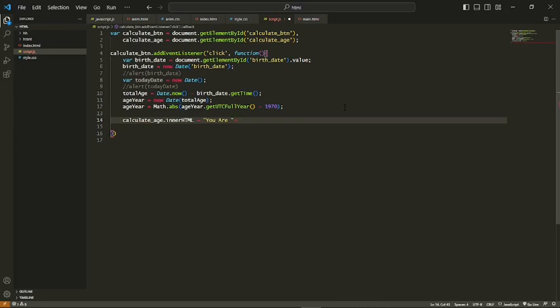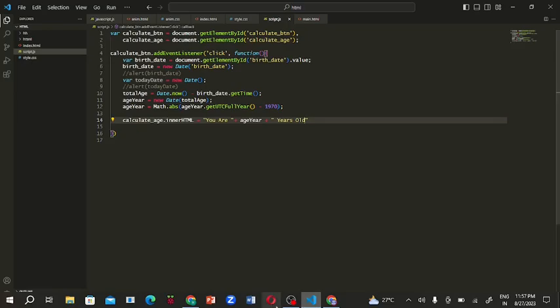So we're going to write age_year, then we'll add another plus, then we'll add 2 more of these, then we will add a space and write years old. Then we'll save it,